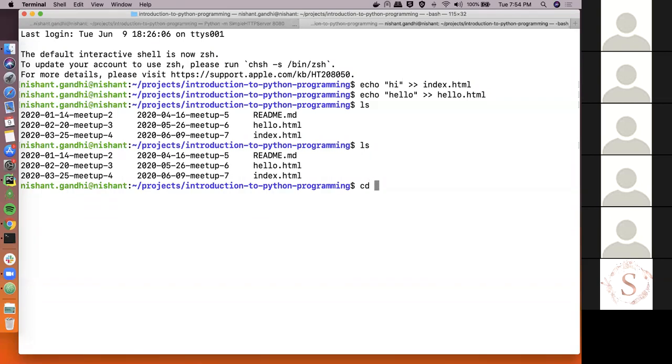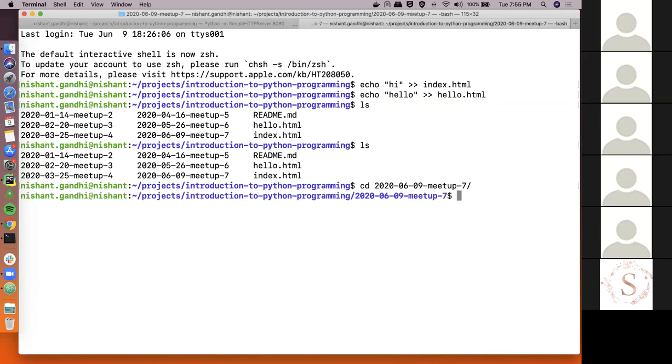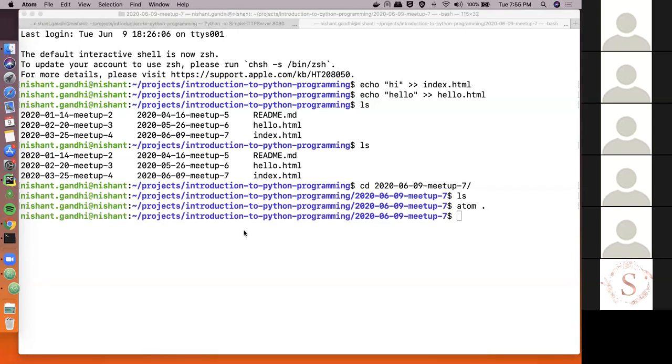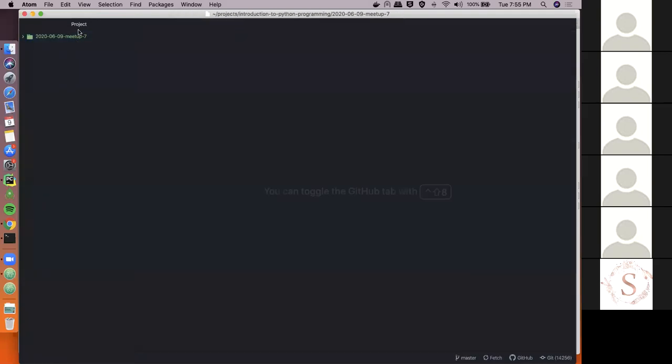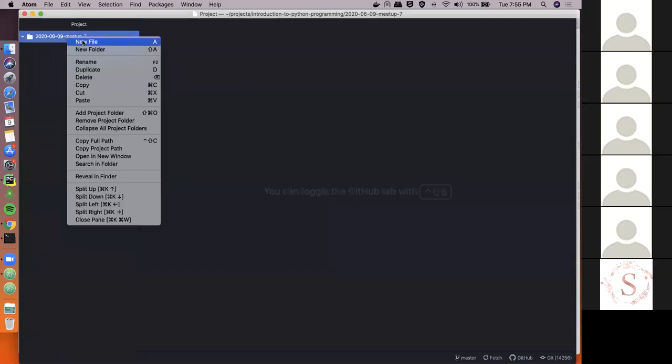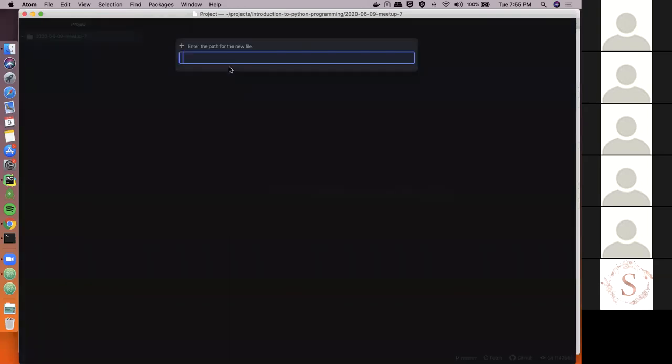Okay, guys, let's go to the terminal and try to code everything on the terminal. So this is today's event. I'm going to use something called Atom. Atom is one of those tools or editors; you can use any of those. What we want to do first is create the Python environment. So first thing I want to do is create